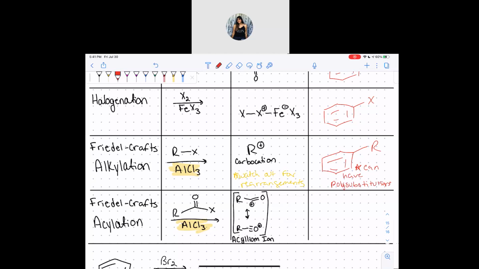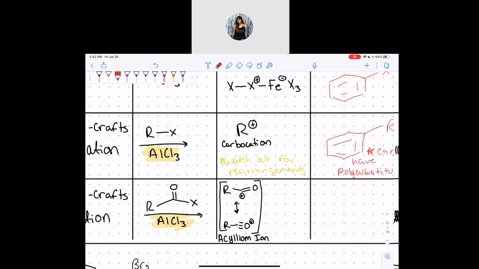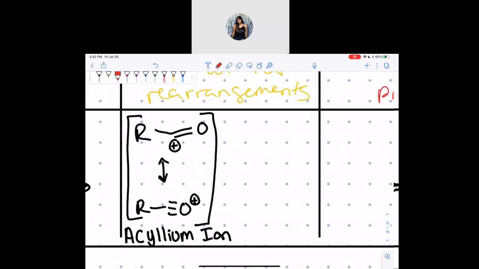The Friedel-Crafts acylation is interesting because we have the acylium ion. You do have to know that one by name, unfortunately. And the reason this is interesting is because both of these are the acylium ion. This one is more stable